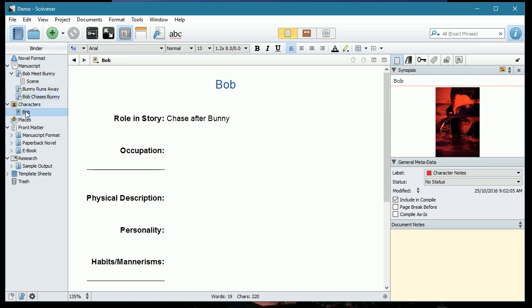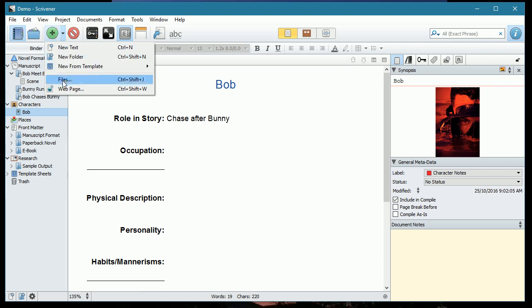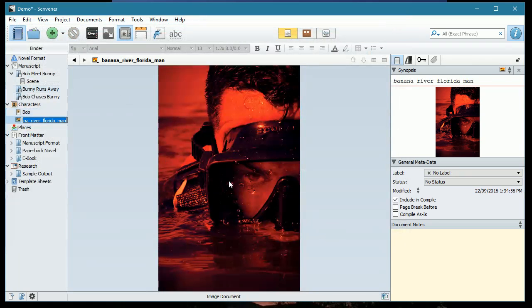So if we go right hand click, add files. Alternatively, you can come up to here and go add files from this drop down menu. If we add from files, we're going to grab this image in particular, and it's going to add it specifically just into our frame. Okay. But I want this to be associated with Bob, so I want it to be directly under Bob so I can easily find it. And the way we do that is if you select that file, you're going to go